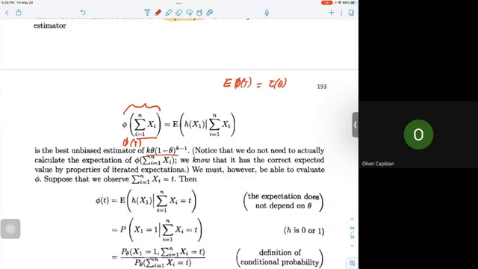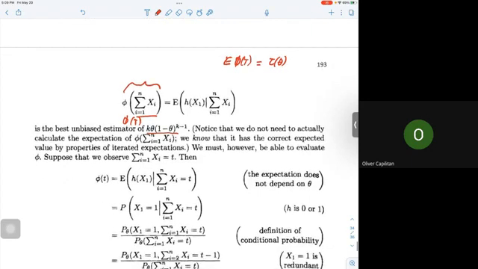Notice that we do not need to actually calculate the expectation of phi of t, but we conclude it to be the best unbiased estimator based on our theorem. Okay, so we know that it has a correct expected value by properties of iterated expectations. We must, however, be able to evaluate